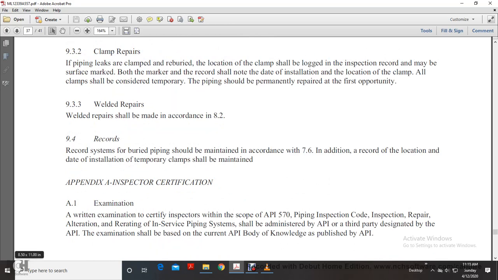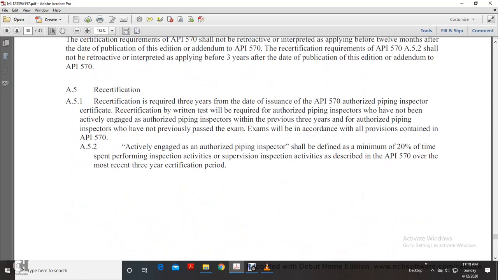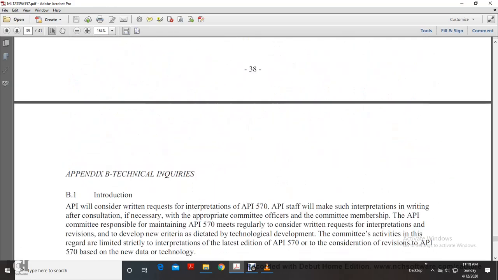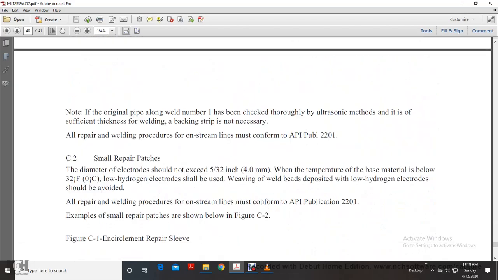inspector certification, and going through how to get this certification. Technical inquiries, examples of repairs, and